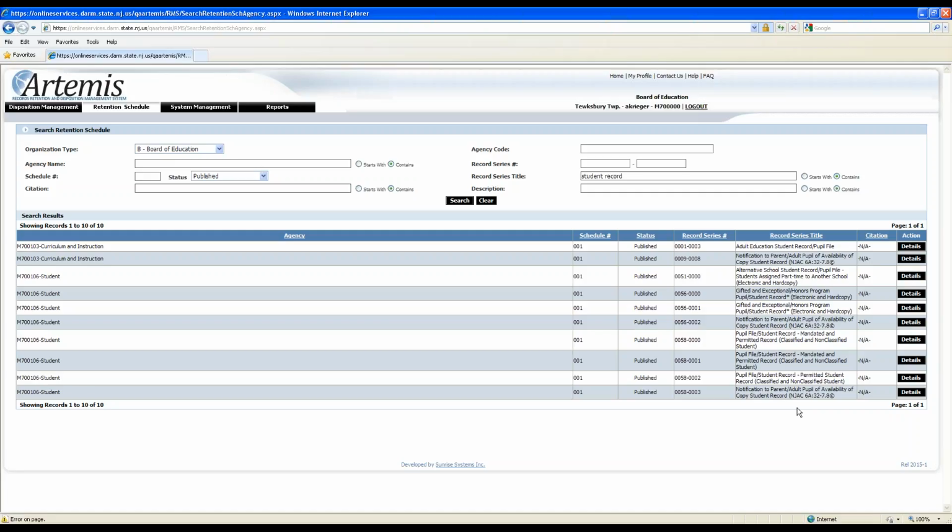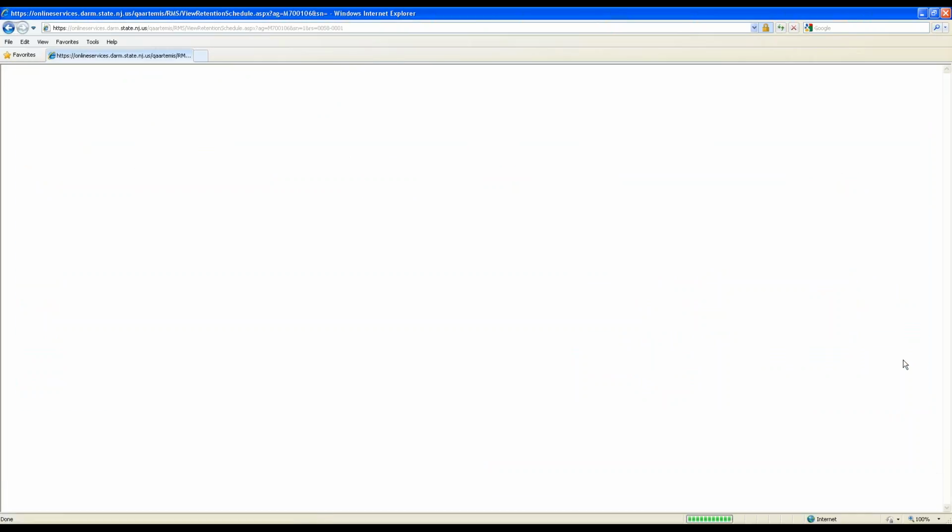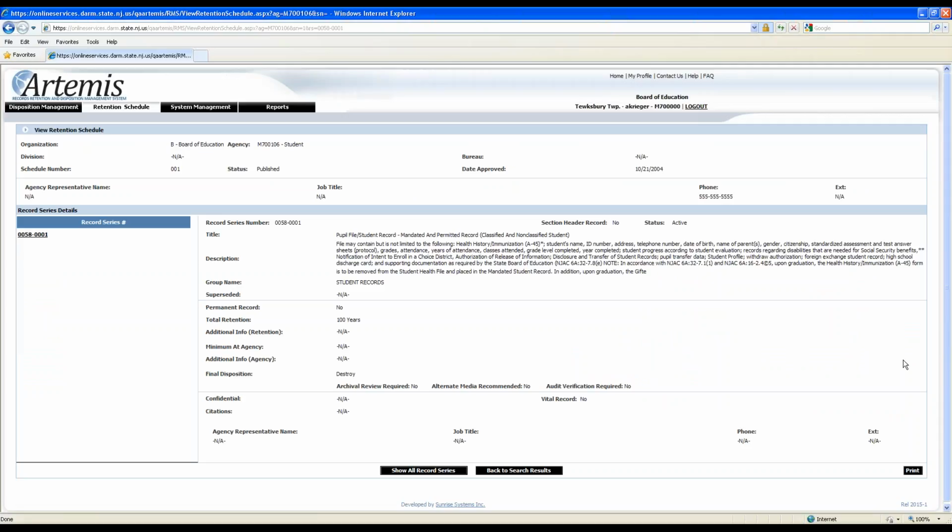So now once I go through and I've said, okay, I got a set of search results, and now I want to take a look and see a particular retention policy for a record that I've identified. Let's say we've identified this 00580001 as a record I want to see the retention policy for. What I will basically do is click on the details button on the right-hand side, okay? And what this is going to do is open up our retention policy.